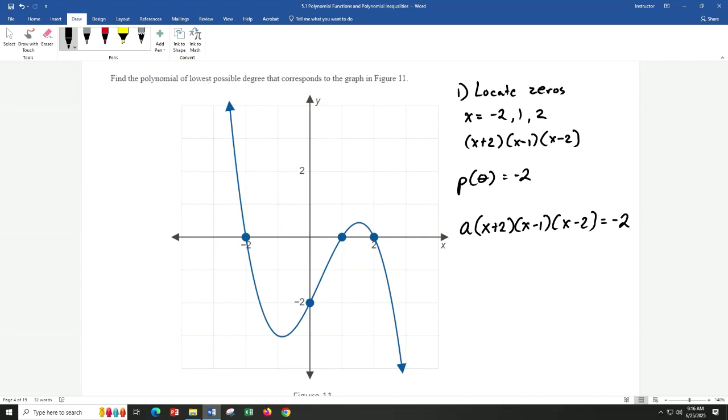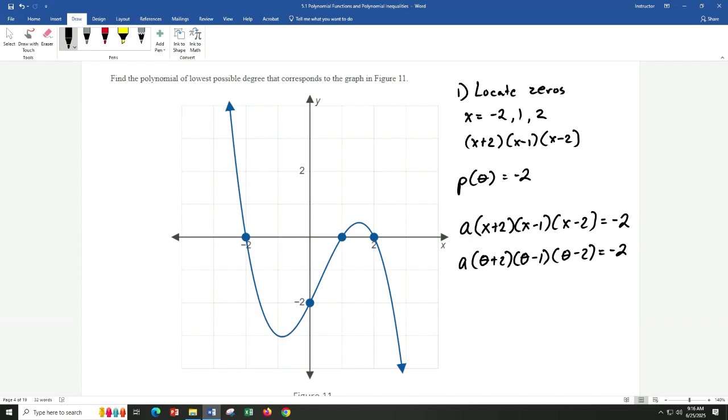Let's plug in 0. So a times 0 plus 2, 0 minus 1, 0 minus 2 is all equal to -2. We can do the math of that. 2 times -1 times -2,